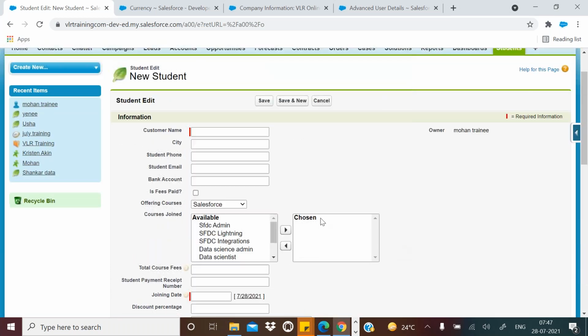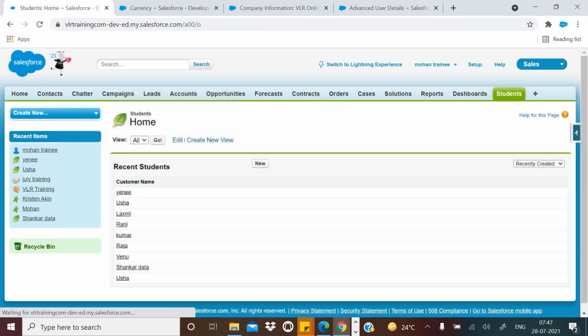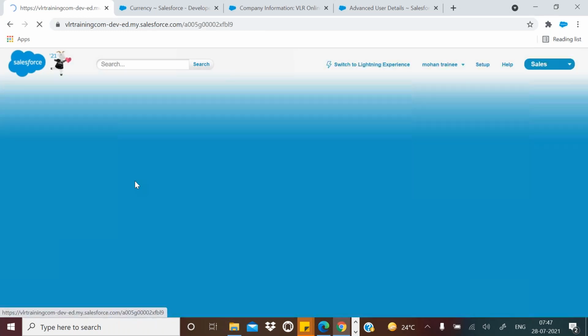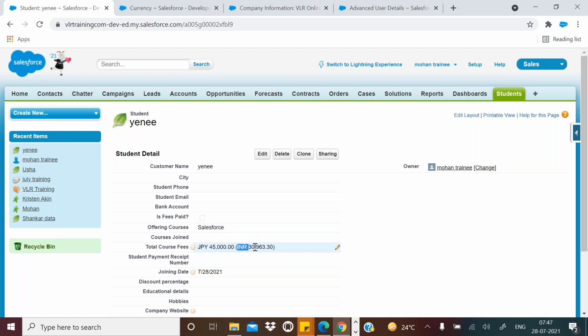Very, very important in sales operations. You can see now it is changed to Indian rupees.